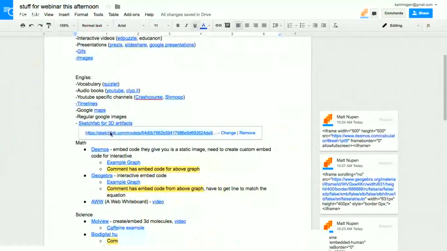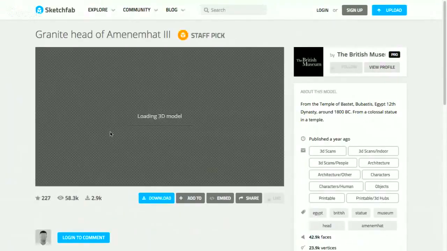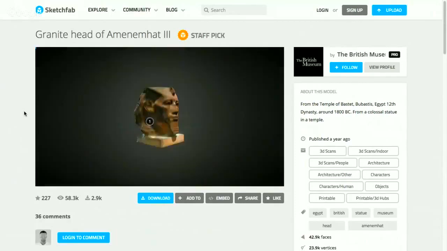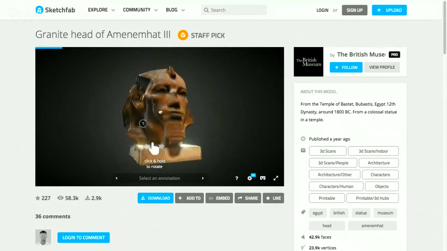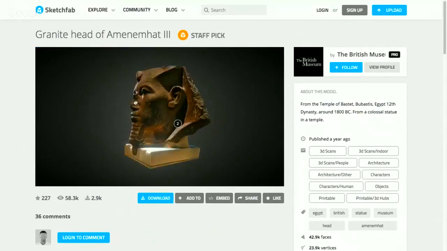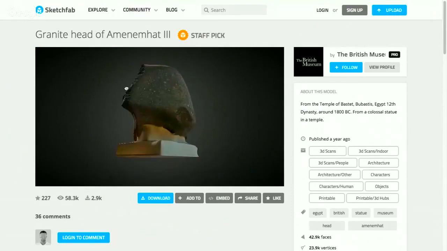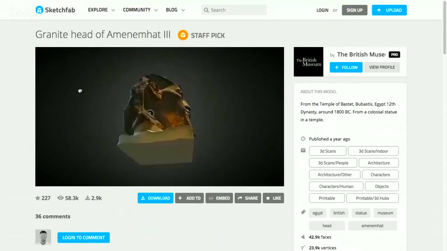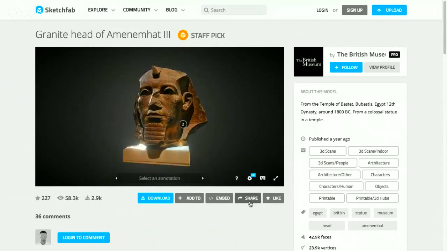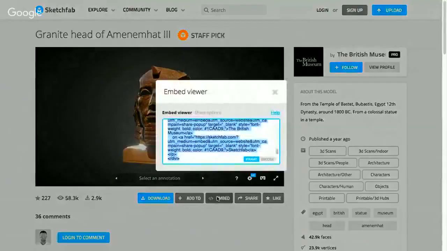There's also this cool thing right here called Sketchfab, which is 3D models of things. So perhaps you are talking about the Washington model. Oh, here. Perhaps you're talking about, I don't know how to pronounce that ancient Egyptian name, but perhaps you're talking about ancient Egypt and you want your students to discover this. So instead of them having to go to this website, all you do is you copy the embed here,